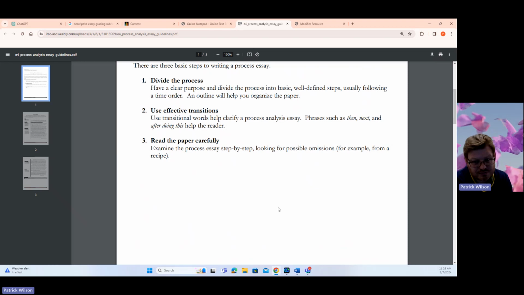Last step, examine the process. Essay step by step, looking for possible omissions, for example, for a recipe. So again, don't skip steps. Think about if you're changing transmission fluid in a truck. If you skip steps, anybody that basically picks up your paper or your manual, whatever you want to call it,